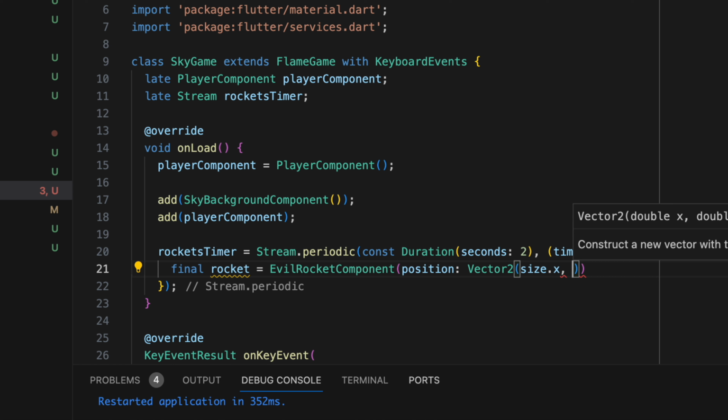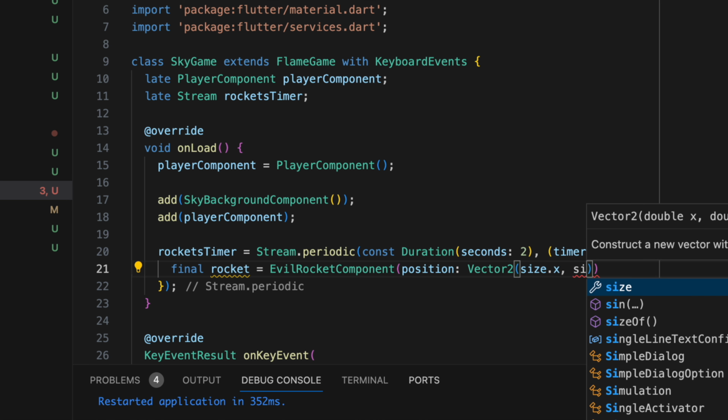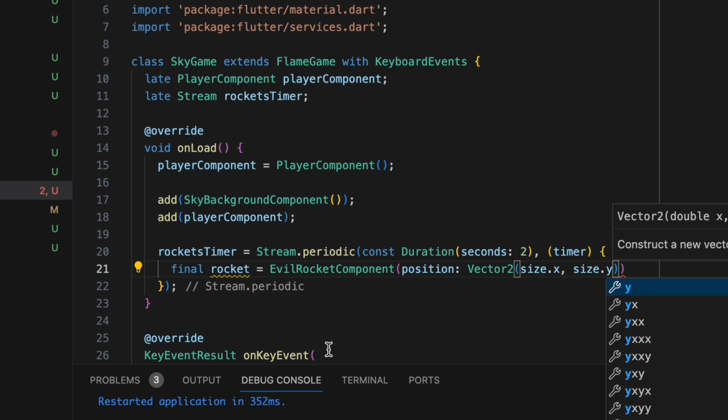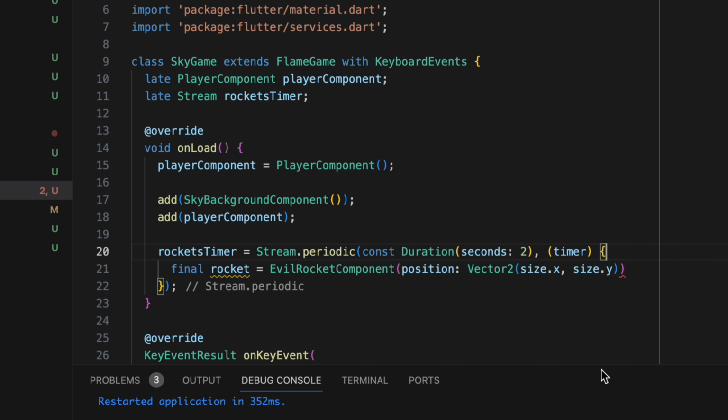So I want to make a random y position. So for the player it should be a challenge, you know. If we start the rocket every time from the same position, there is no challenge. And here we need to specify the same way size y, but